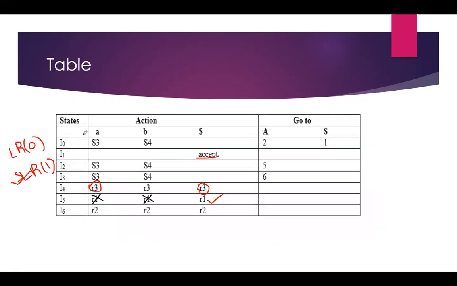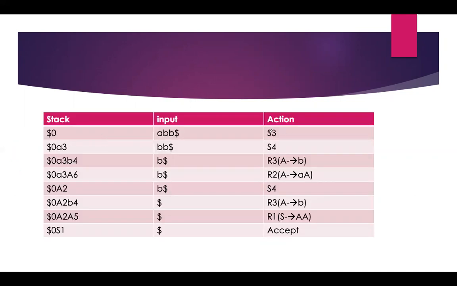State 0 under input A. What action do we need to take? S3, that is shifting. We need to take the action shift 3, which I have written here as S3. That means we need to shift the input along with this number. So 0 as it is, I have shifted this input from here to here, A, and we need to consider this number also. So 3 I have considered.